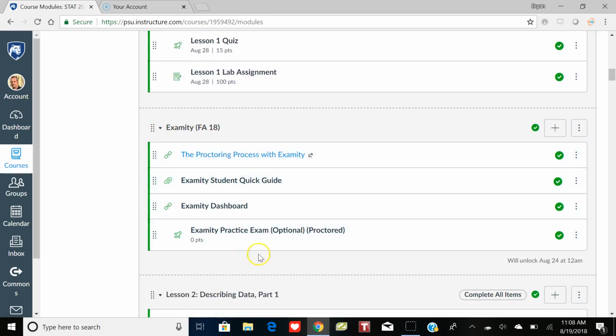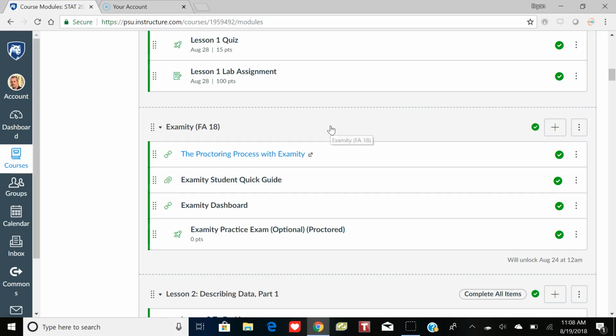Examity is our proctoring service. This is an online proctoring service that Penn State has been using for, I think, almost 2 full years now. It works great. There's no options. You are proctored on the 2 or 3 major exams, and just really helps with the online accountability and integrity, which is, I think, what every adult learner should want, a level playing field. So you definitely want to go through this process and see what that's about if you haven't used it before. Okay, and I'll talk plenty more about that through announcements.